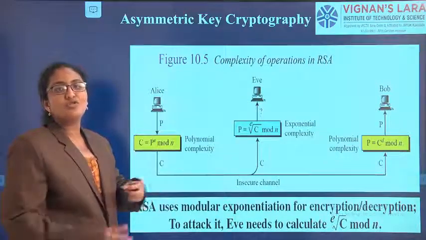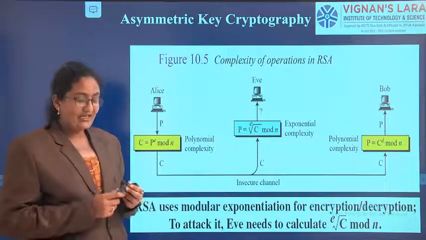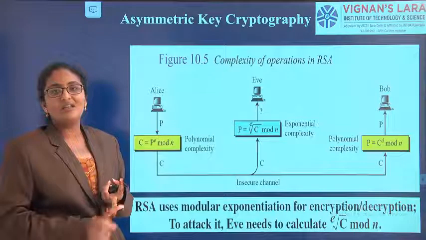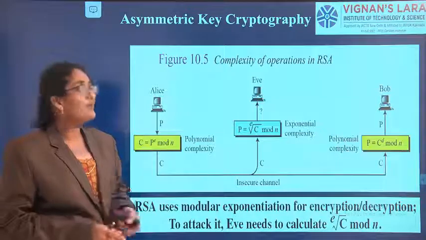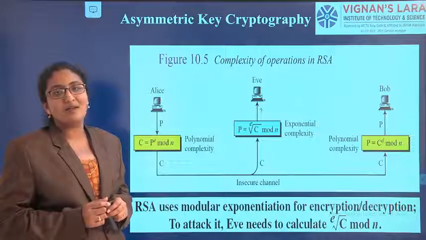We have to discuss 2 more algorithms. Then we can complete the topic asymmetric key encryption. RSA algorithm, Rabin algorithm, ElGamal algorithm. If we discuss 3 different algorithms, our topic asymmetric key cryptography will be complete. After that we can discuss mathematics.